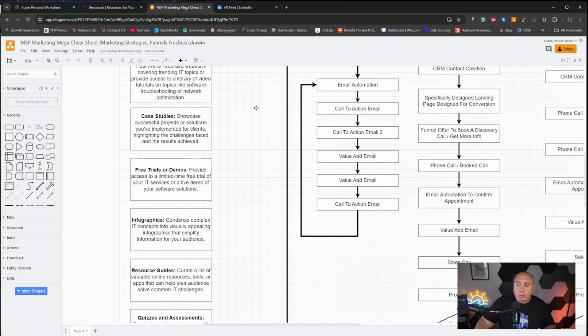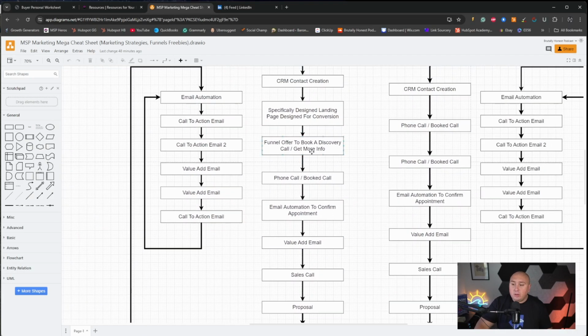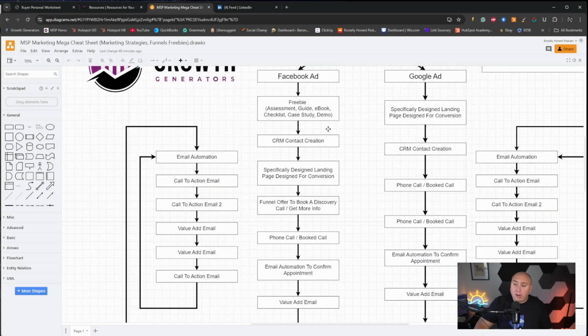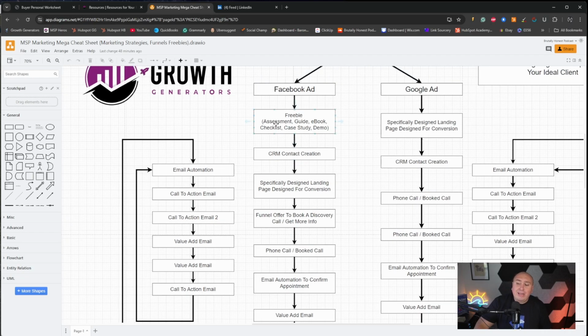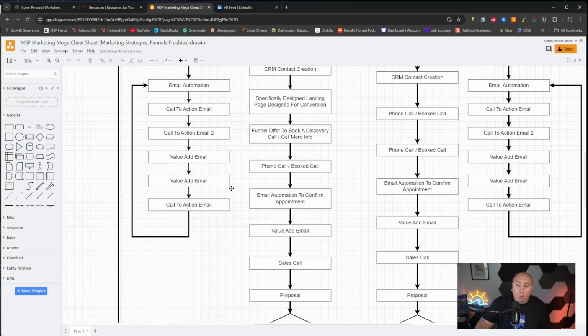So after that, we want to go through and see, okay, we have that funnel offer to book a discovery call. We have that specific landing page, but what's before that? Okay, we have to create some kind of contact. But how do we get their contact information? Oh, that's right. We need to use our bait